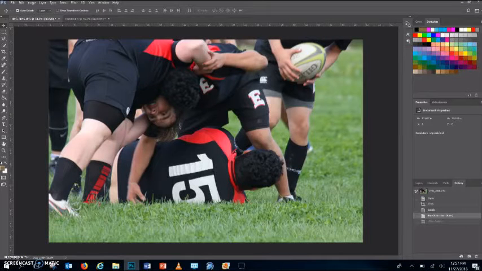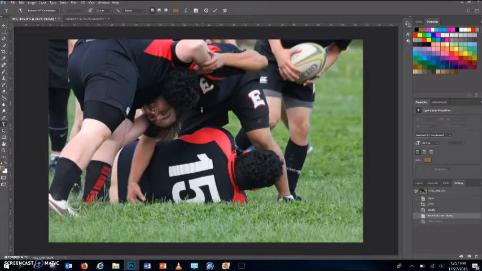Now I'm going to talk about text and adding the lettering to your photos. So I'm still on this brown, which I'm not a big fan of, but I can change that in a minute. So if I go to T for text, I'm going to use this to type. I can make myself a text box if there's a particular area I want to fit in. I tend to just click and start typing and then move things around later. So I'm going to click, and my quote is,